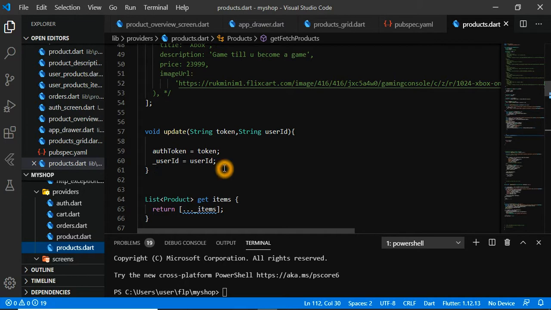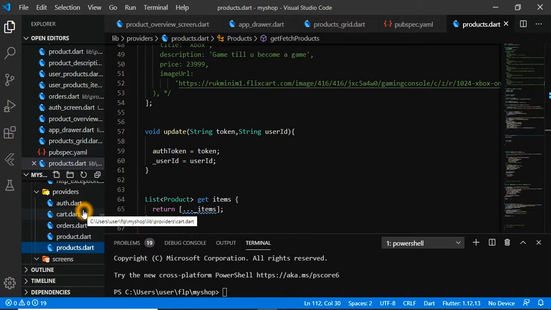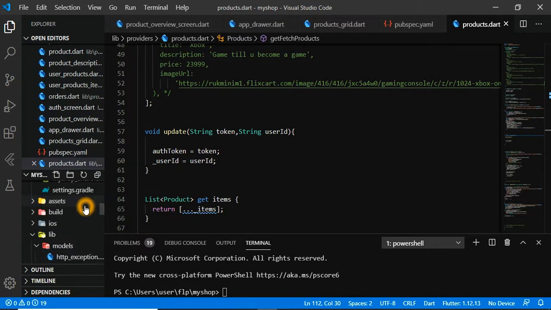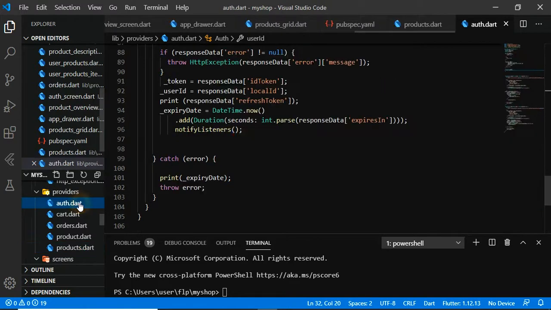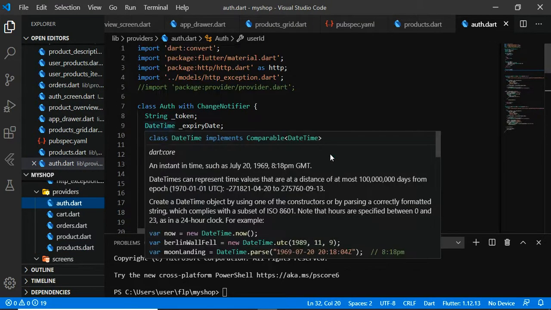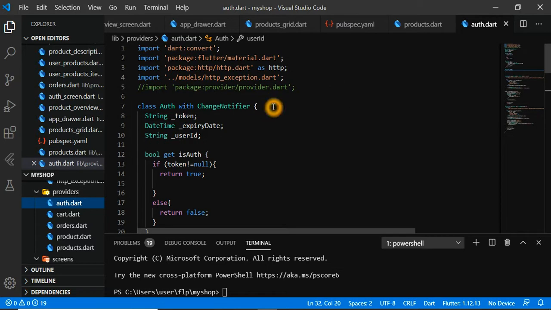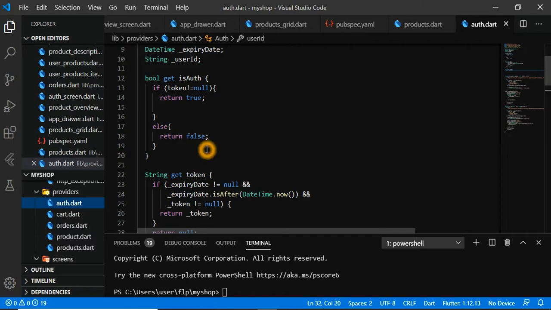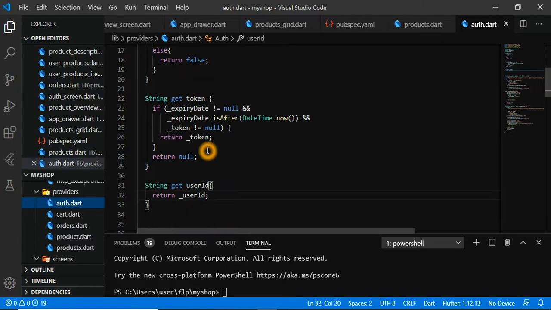Now let me show you how my auth file looks. Let me show you that auth provider. So this is it. Actually, auth just means authentication. As the name suggests, it's quite obvious that I'm fetching things like user id, token, and expiry date. I'm fetching them in the future using Future and async await syntaxes.